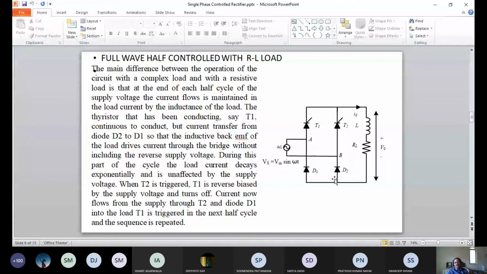The only condition to turn off a diode is reverse bias voltage. So this will turn off, and now this is forward bias, so this will start conducting. Current will transfer from D2 to D1. So T1, L, R, D1, T1. Just see that the source is isolated here. There is an inherent freewheeling action. After pi, T1 continues to conduct because current is not 0 or less than the holding current. So T1, L, R, T1.